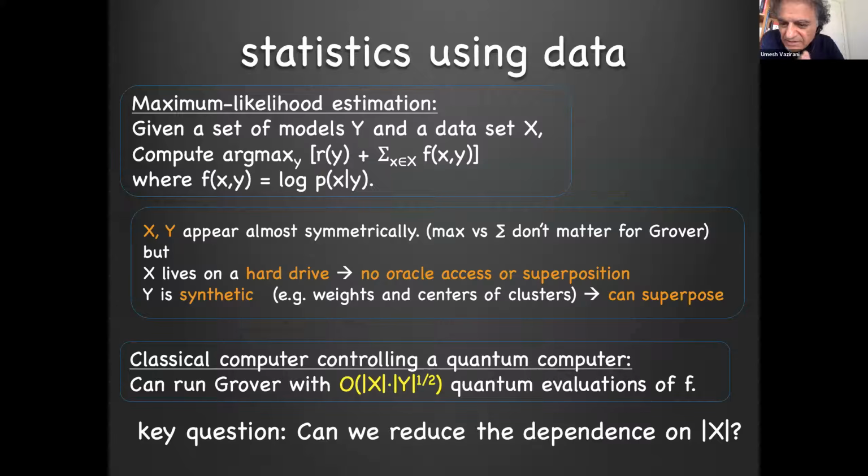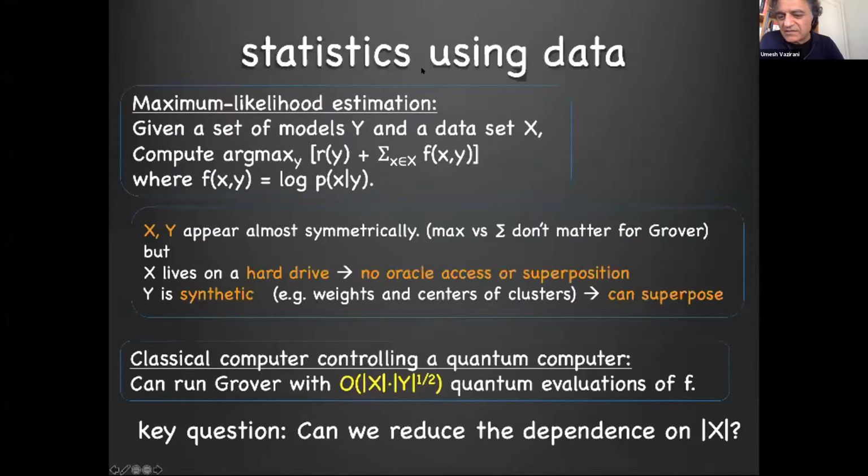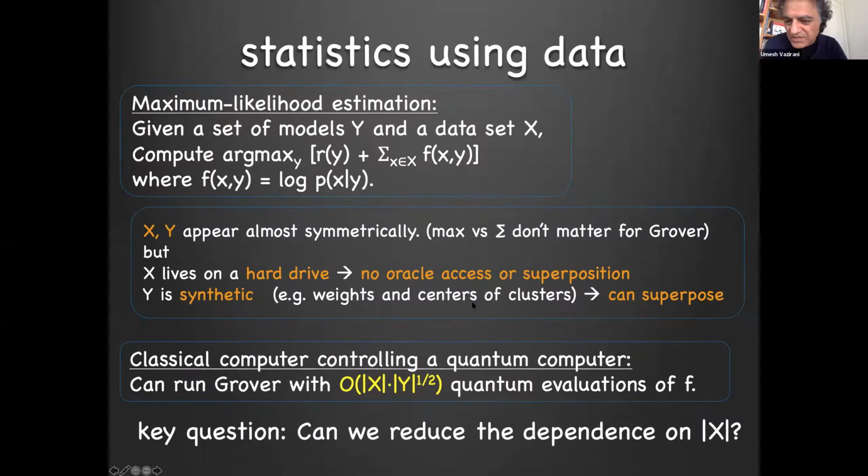Yeah, so I see a question in the chat, which let me try to rephrase a little bit. It says, well, these Ys are actually usually very structured. It says they're continuous, but there's also structure in them. And so even if you discretize, getting square root of Y may not be enough, but maybe you have some effective dimension. So do you have something to say about that? Good, right. Yeah, very good question. So let's suppose that